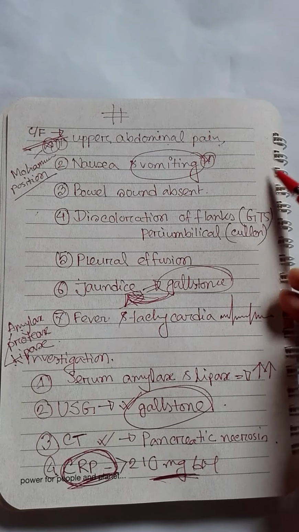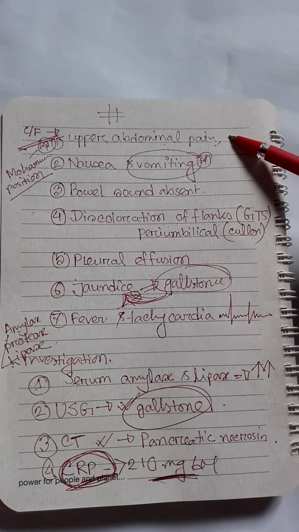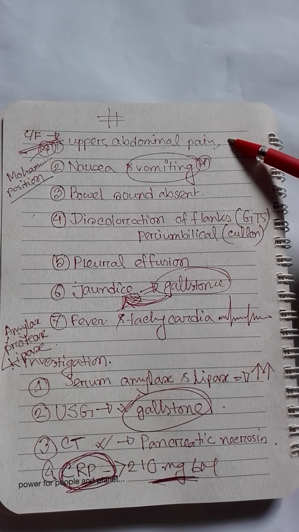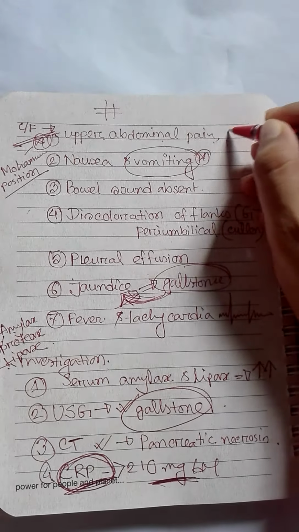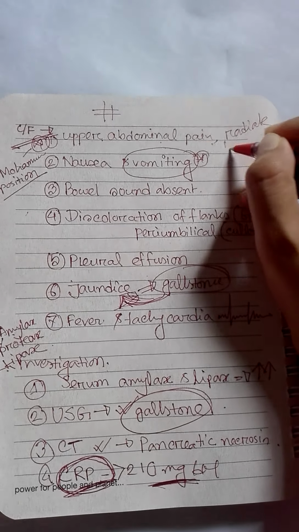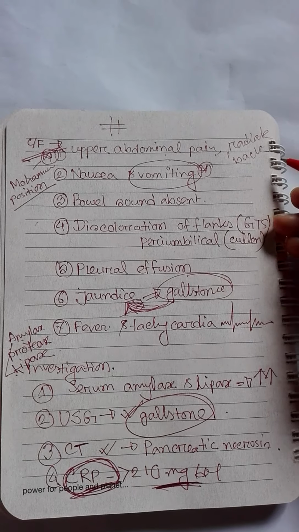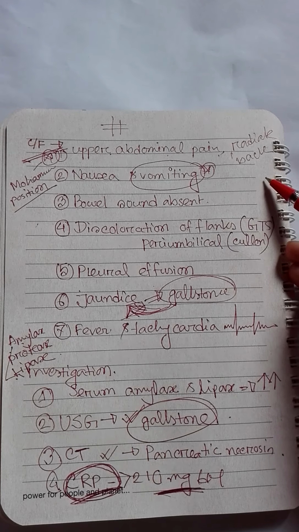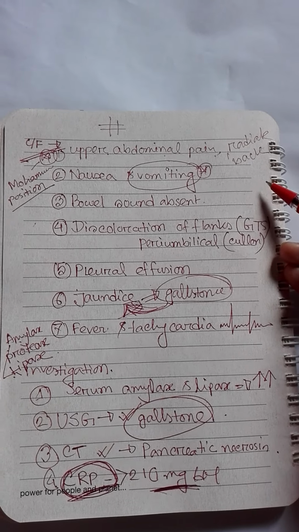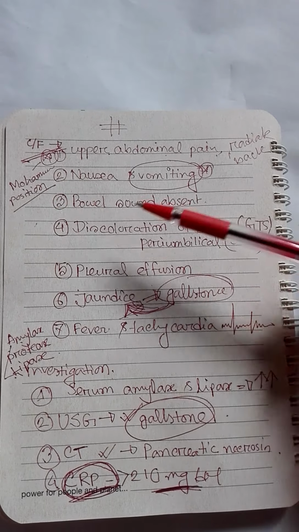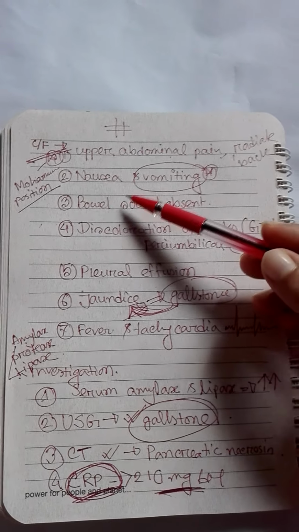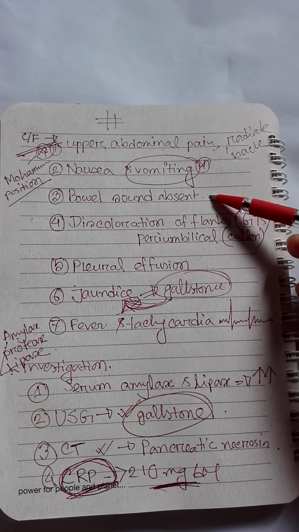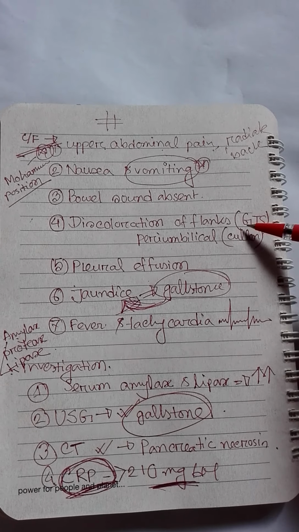Now I will discuss the clinical features of acute pancreatitis. One is upper abdominal pain. The patient complains of severe pain in acute pancreatitis, which radiates to the back. Patients sit in the Mohammedan position. When Muslims pray in Islam, they sit like this, so it is also called the Mohammedan position. Now, nausea and vomiting occur in acute pancreatitis patients, bowel sounds are absent,